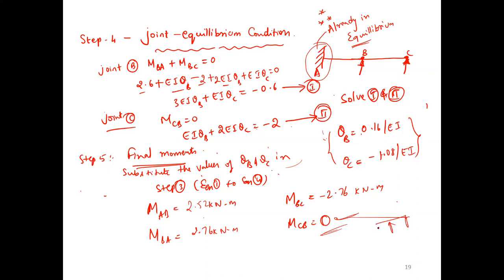If in a simply supported beam, if the end support is simple support or hinge or roller, the moment should be 0. Note this point, this is very important. If the end support is roller or simple support or knife edge support or hinge, the moment is